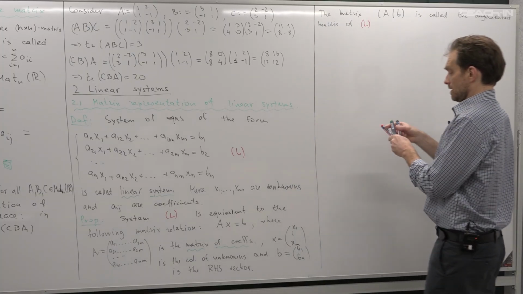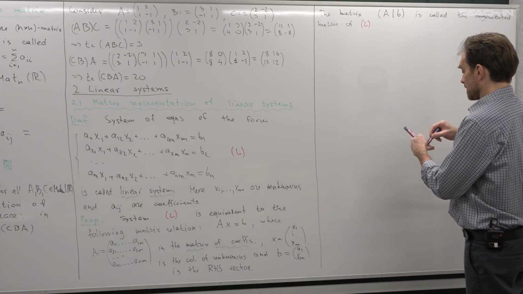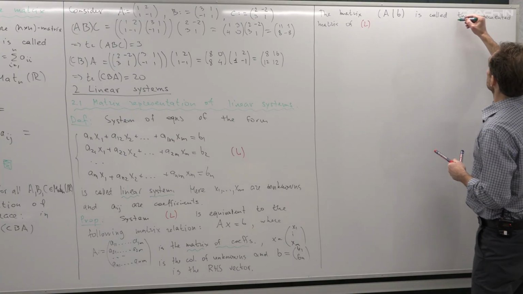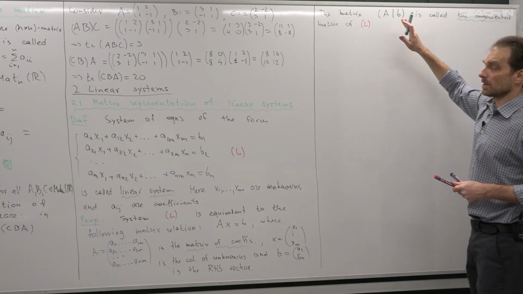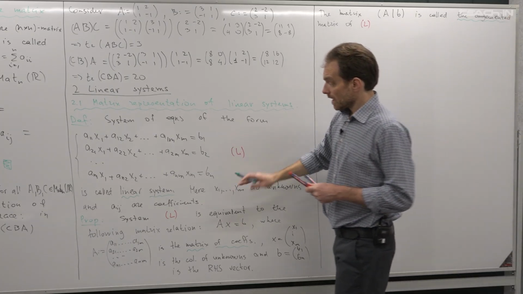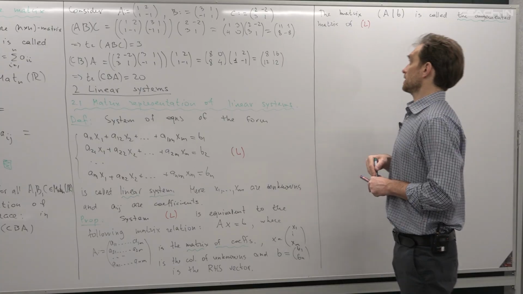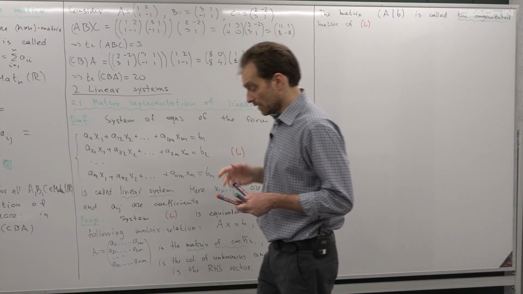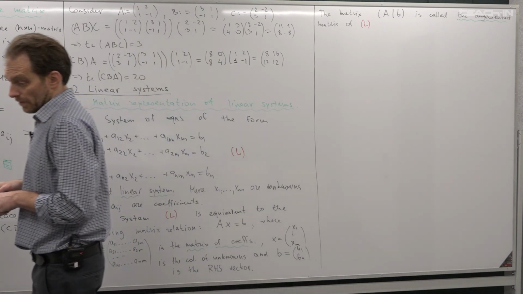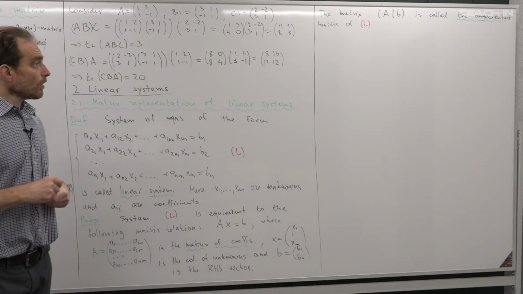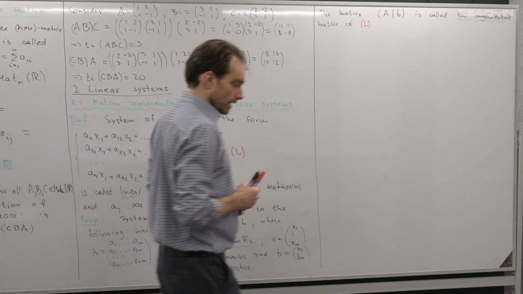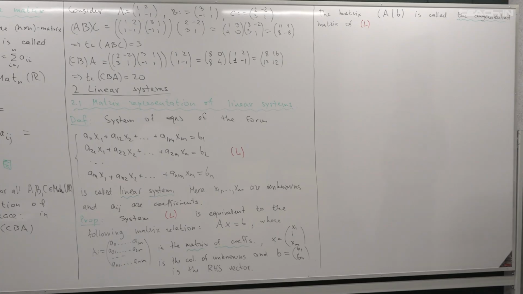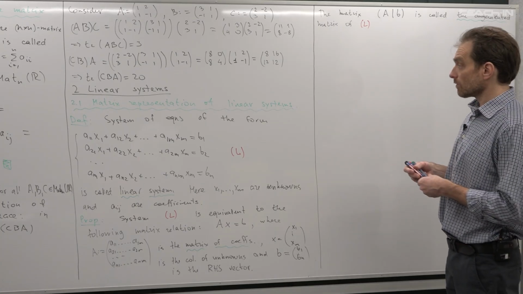So we have the matrix of the system that is denoted by A, and we have the augmented matrix where we just add the column of right-hand side. So this is the notation for convenience, and we will use both of these matrices further. Okay, so we introduced linear system, and we discussed how linear system can be represented in a matrix form,